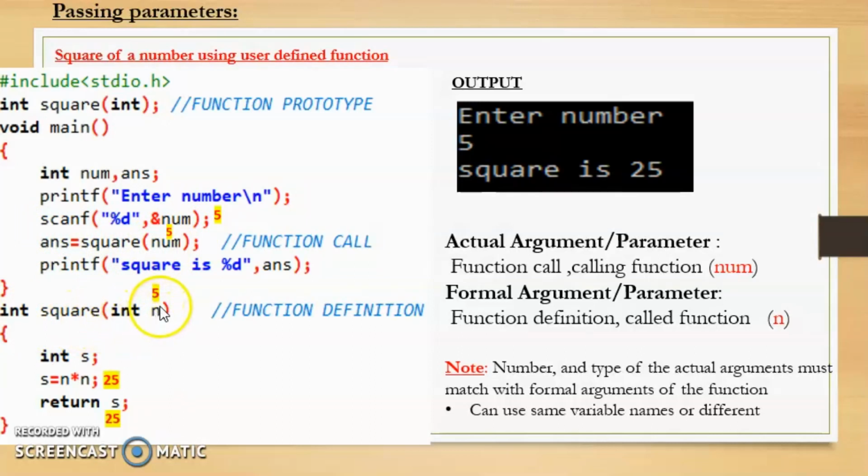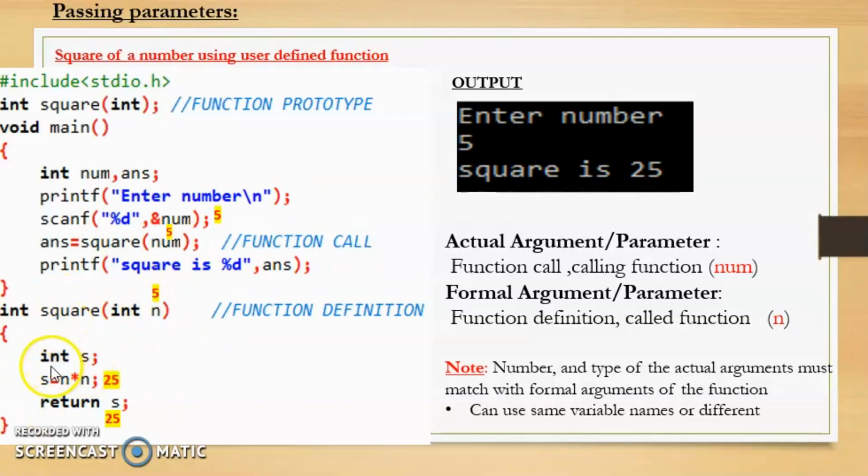So that means over here we have int n. The num value which was passed, that is 5, will be collected in this variable n. So the n value over here will be 5. Remember, while specifying the parameters in the function definition, we need to write the data type as well as the variable name, so I have written int n over here. Also, while taking the variable name, you can take the same variable name as in the function call, or you can take a different variable name. Here I have used a different variable name.